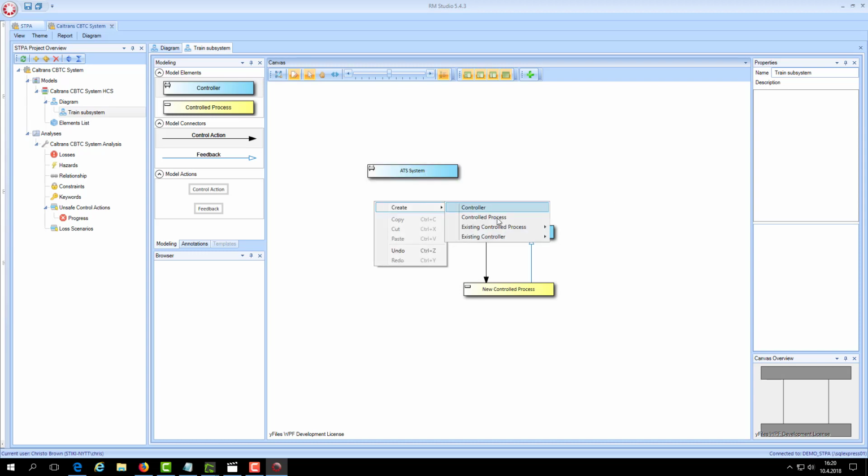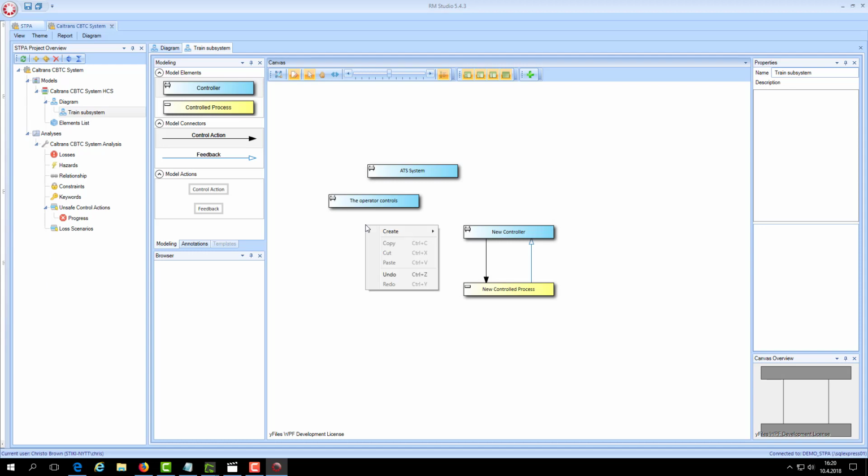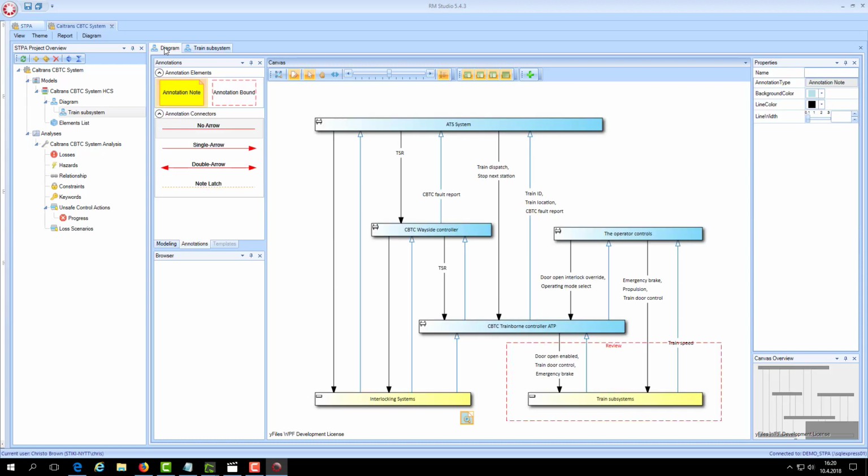So if I need to start with my train subsystem, I can go to the controller here for the operator control, and now I can take and add in the control process for control subsystems, and now I have it. So that's a secondary diagram that you can use and allow you to have multiple diagrams within one HCS or